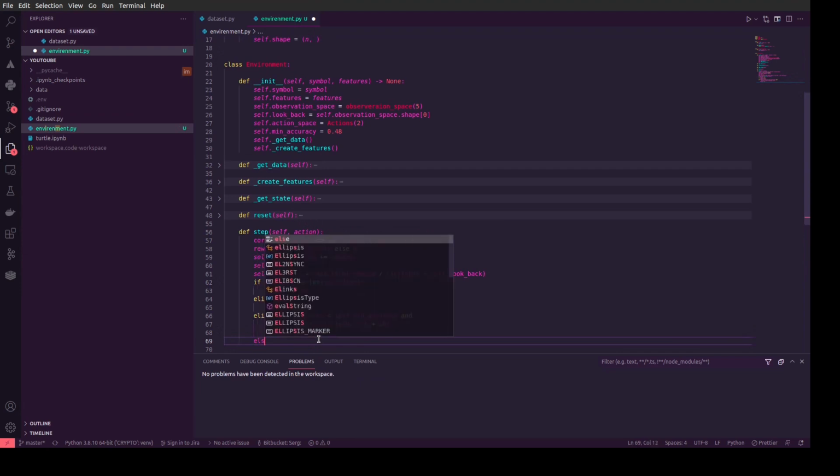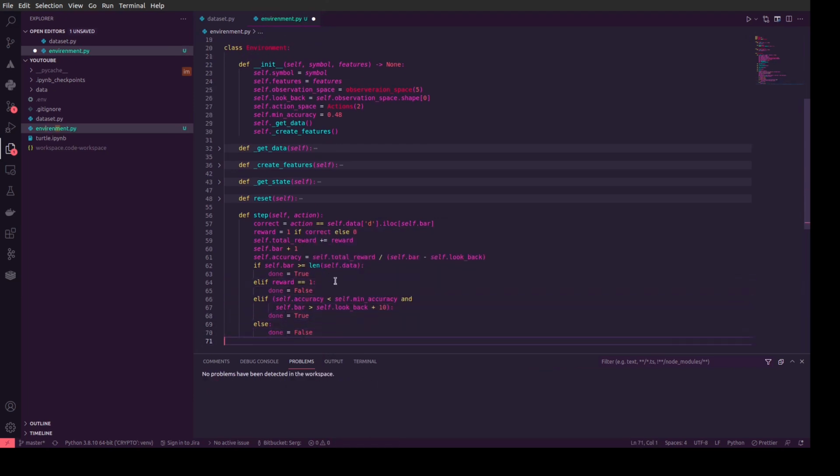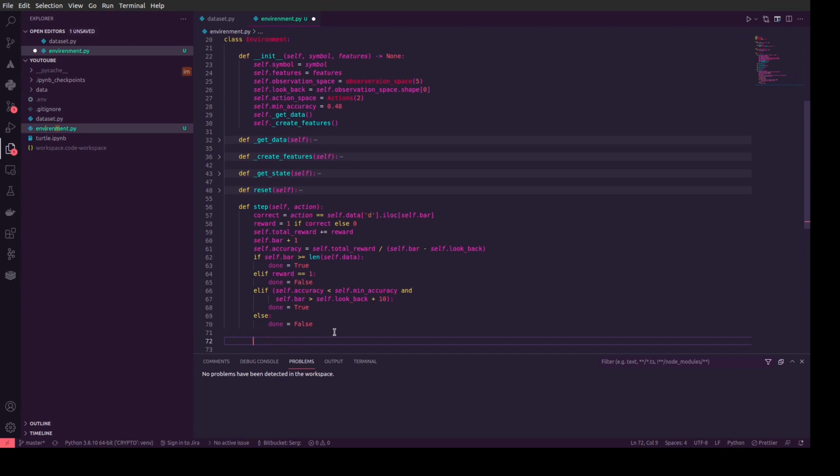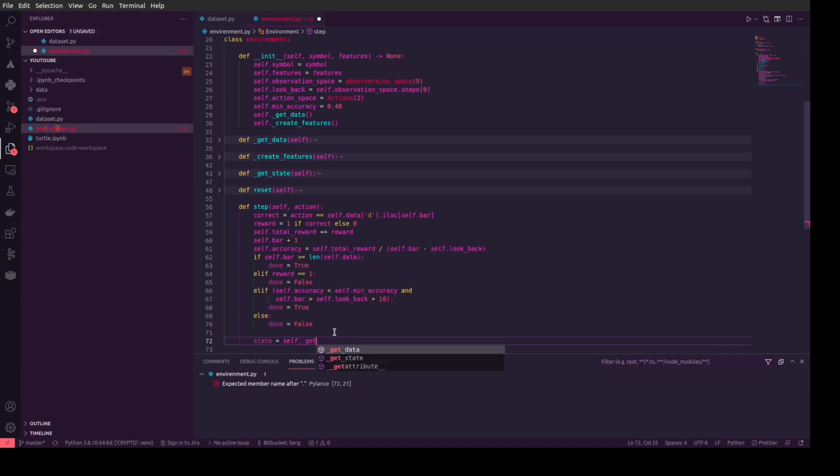Okay, and another situation, we should return done would be false. So this is a condition to stop our agent reinforced learning. So let's take statement self get state,